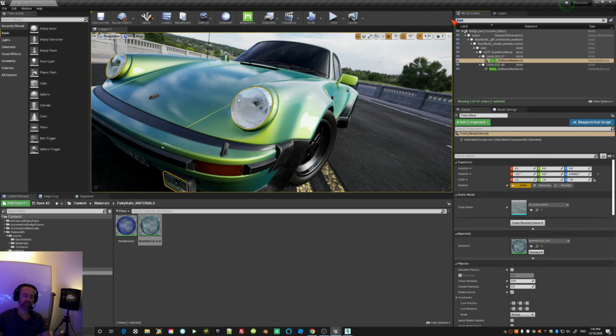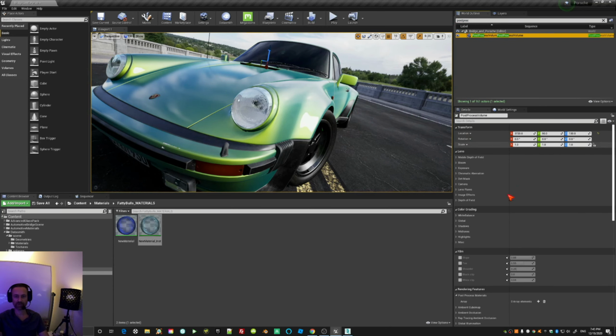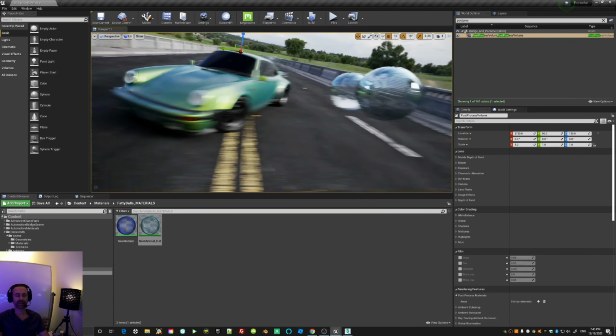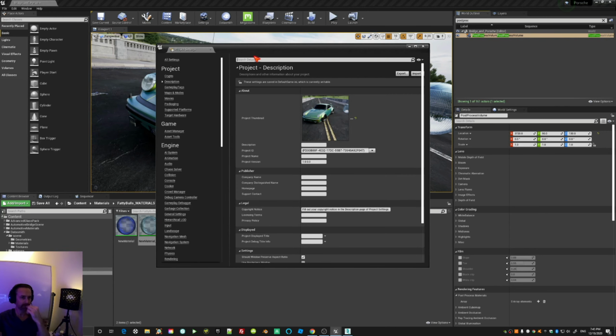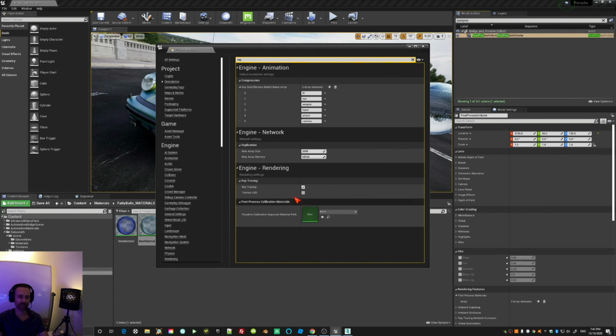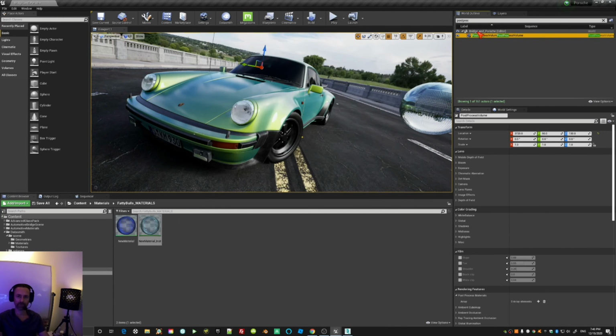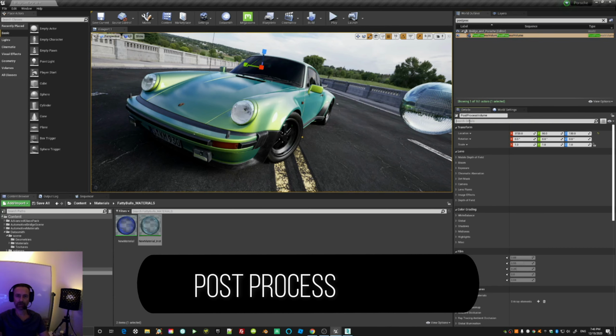And this is just a material setup. What you also have to do, which is very important and I didn't even cover yet, is make sure in your settings that you have ray tracing on if you want to have it fully ray-traced. And in your post-process volume, you need to check a few things. First of all, you need to check